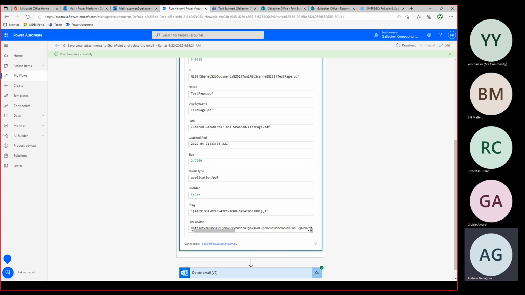So all of my security is completely in place, and the email has scanned directly into the folder. You can also set up the scan to email, also to scan to people's personal email addresses, and receive those attachments as normal in their inbox.